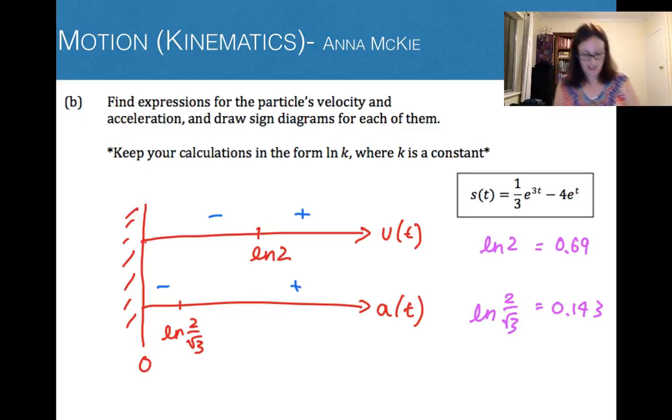Now, have we answered the question? Find expressions for the velocity and acceleration and draw sign diagrams. Yes, we've done that part. The next part